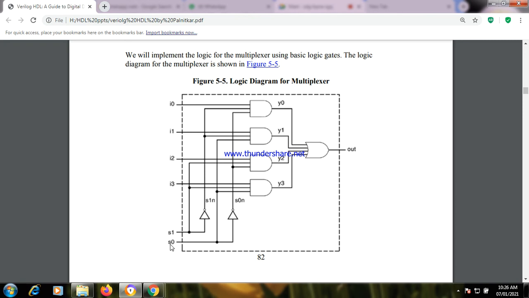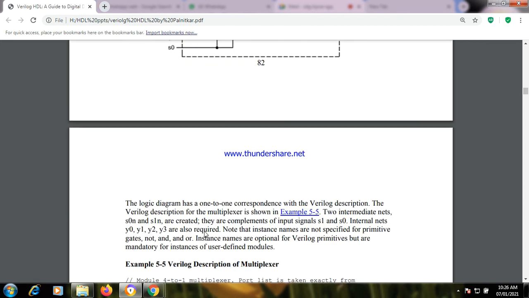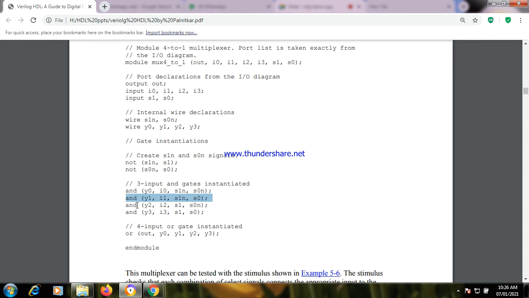So for the second AND gate, the output is Y1, the inputs are I1, S1 bar, S0.